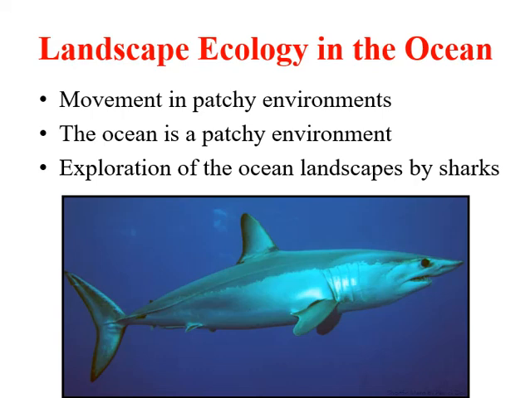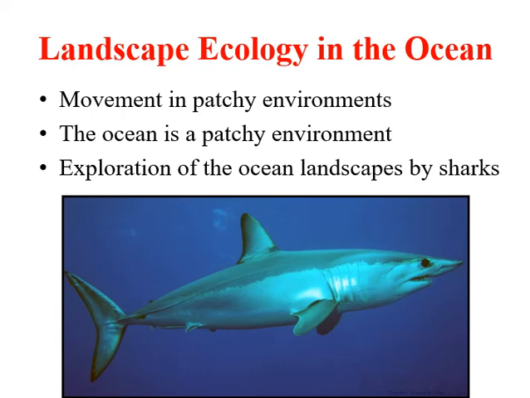We looked very briefly at this idea that on land you've got a patchwork of different types of habitats. It has a big influence on the organisms that you find there. A lot of the patches are vegetation, but in terms of animals and other organisms, the distribution of vegetation, the type of patches that are there, in other words, the properties of the landscape, has a big influence on organisms that are found on land.